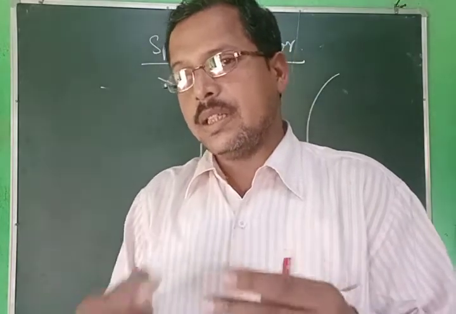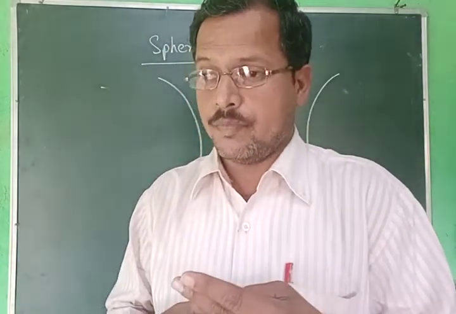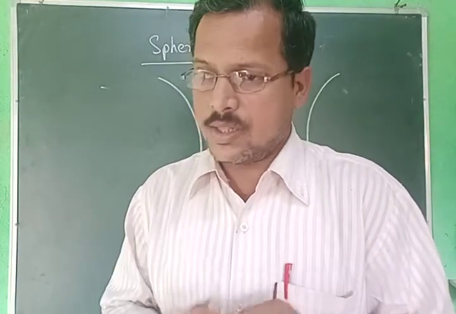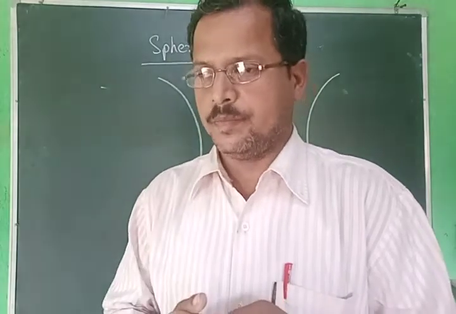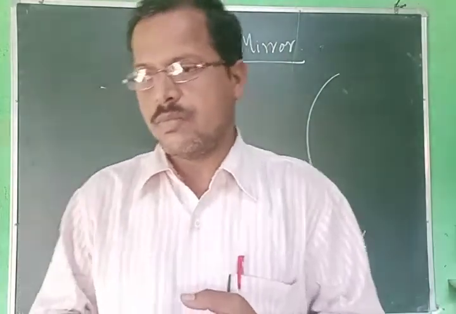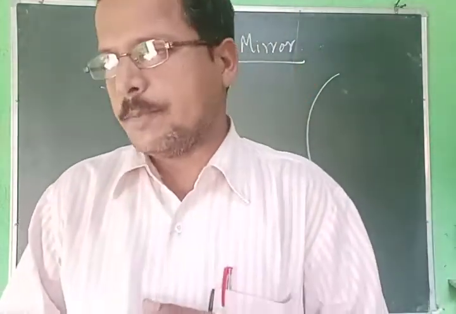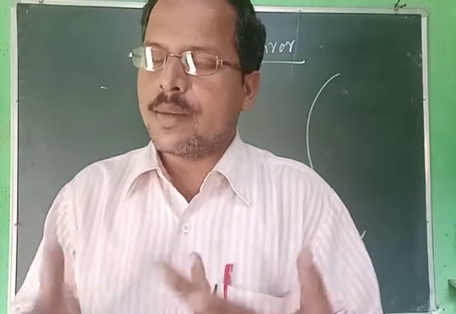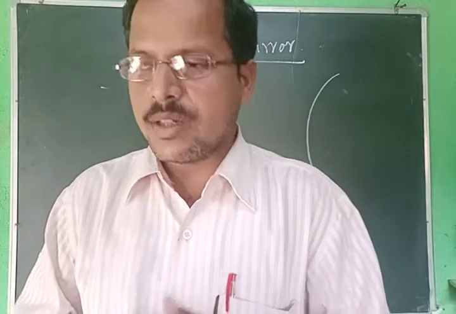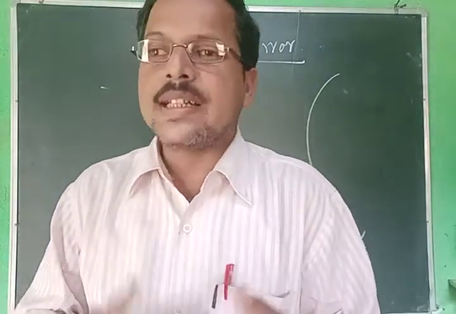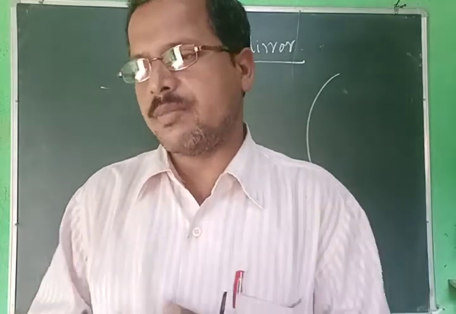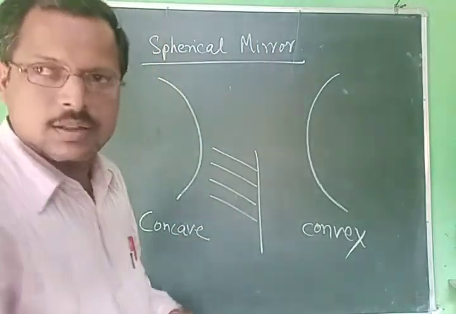The rays coming parallel with the principal axis converge to a fixed point, which is called the focus, or the principal focus of the spherical mirror. Okay, and what happens to a convex mirror? They get diverged. That is a diverging mirror. Just like, see the graph here.